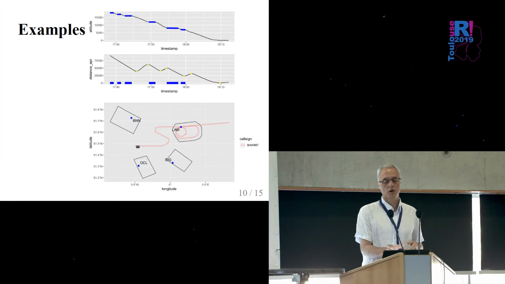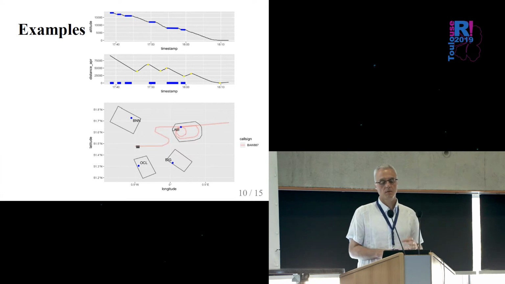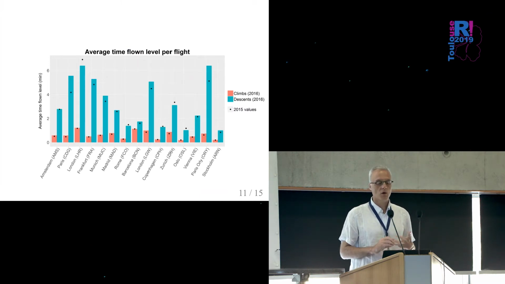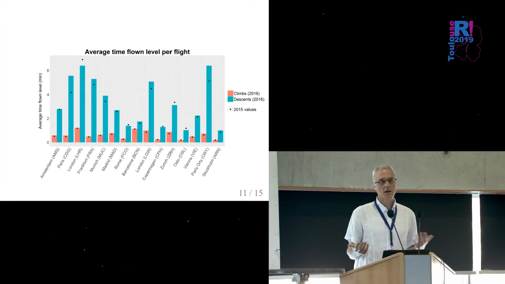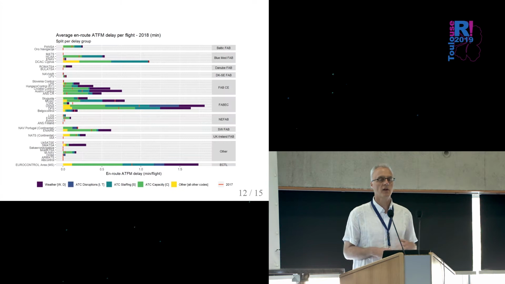But our code allows us to extract the level pieces of flights, because these are inefficient pieces of trajectories that lead to more noise or more fuel burned. So we are doing this analysis covering all airports in Europe, all the major ones, and we analyze the ones that are performing better and getting feedback to the airports, but also to the airlines, so that they can improve